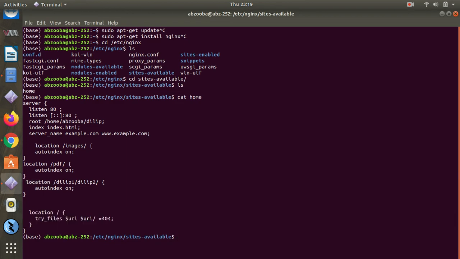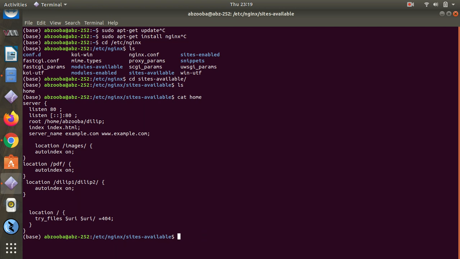After that, we just need to add a single command to link sites-available. Previously it was home example.com, and now I have added this as home. So we have to just give this command to link to sites-enabled. It will create the same file there.